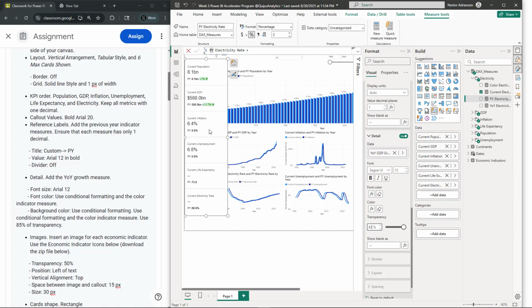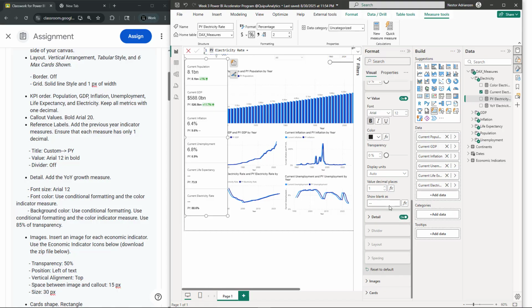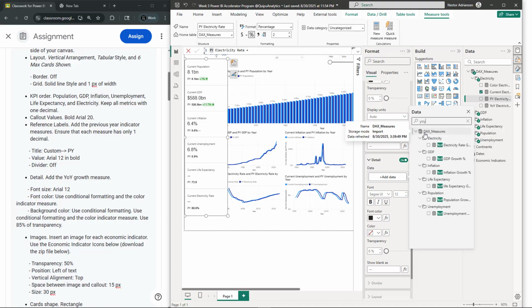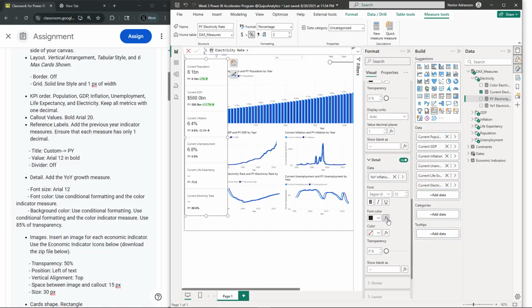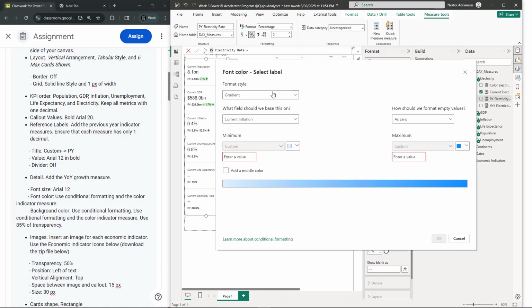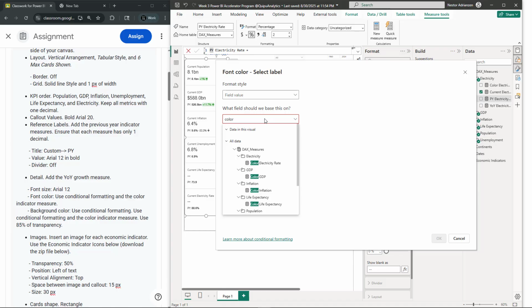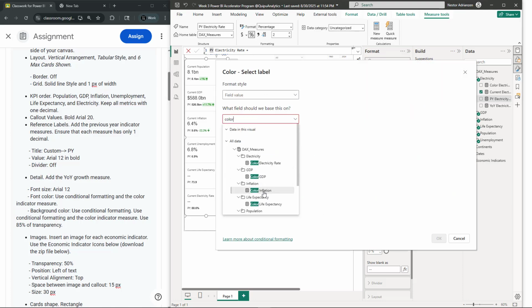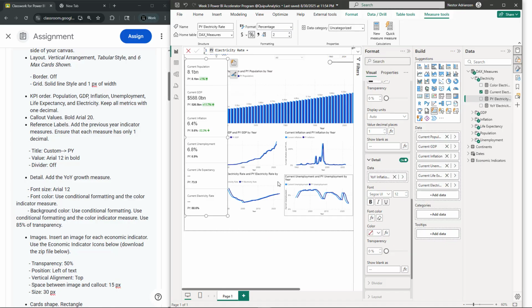Let's do the same for the inflation measure. Detail again, go over here, let's add here year-over-year for inflation. Perfect. And then right here we need to add also the color measure for the field value. This is going to be like this, inflation, hit OK, and then let's do the same for background, color inflation, let's hit OK, 85%, and then let's do the same for unemployment,